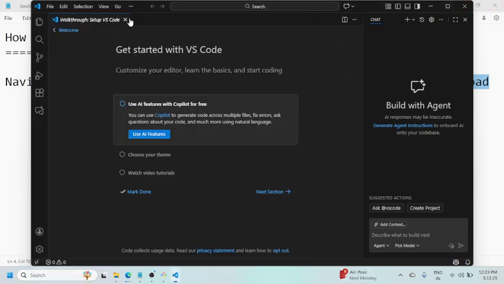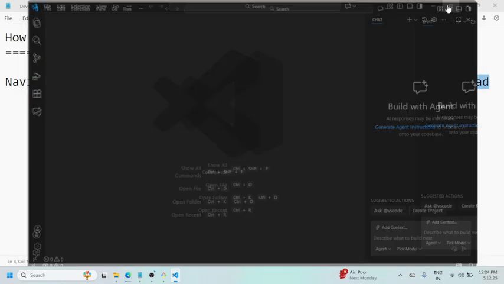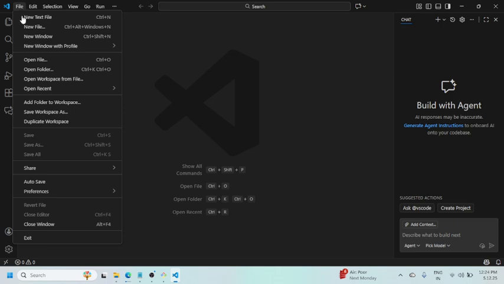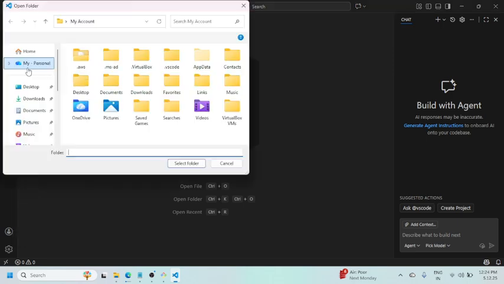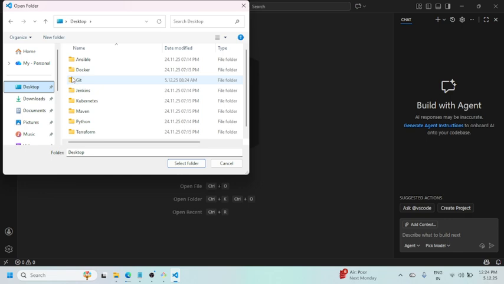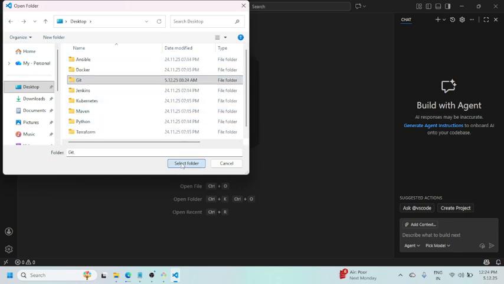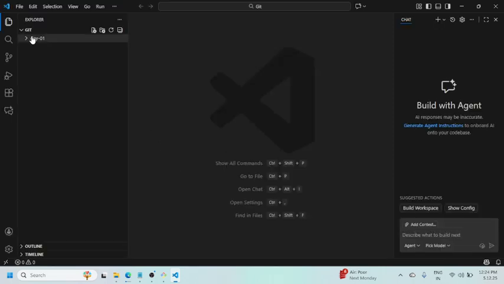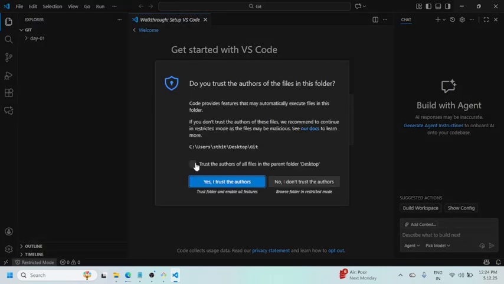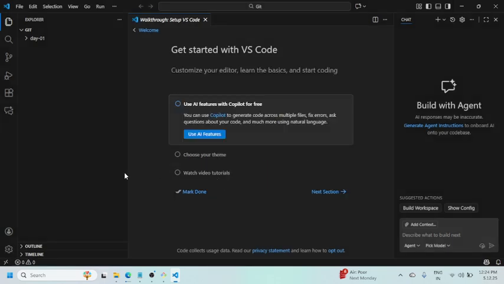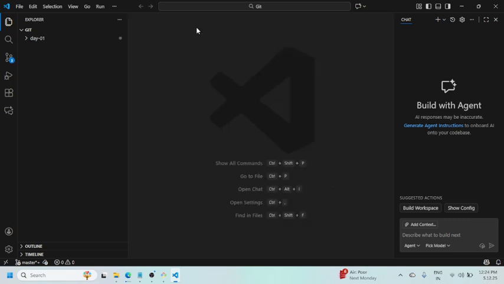Let me close this and go to File, Open Folder, and whatever folder you want to select, you can select here. I just want to select the gate folder, which I have created. Let me select this and select folder. Inside my gate folder, you need to click on this checkbox and click yes, I trust the authors. Let me delete this one. If I see inside the gate folder, I have a folder that is day one, and all the content